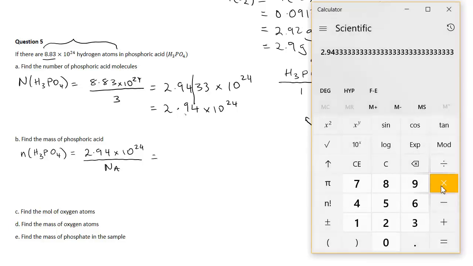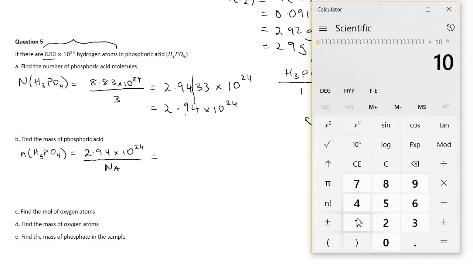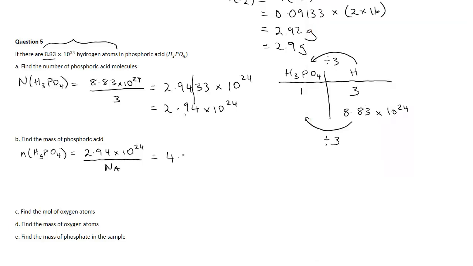So (10 to the power of 24 divided by 6.022 times 10 to the 23. 4.8876 mole. Okay, so next, after we've figured out the mole, we